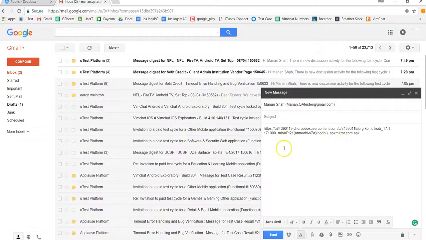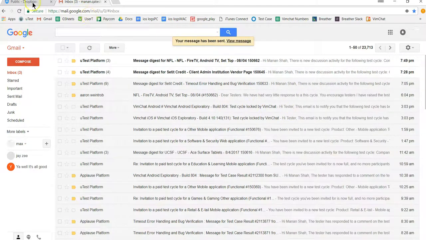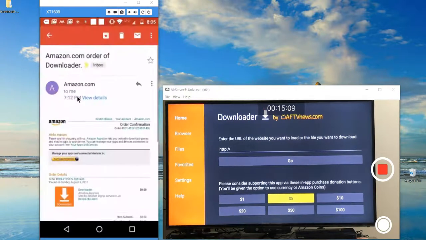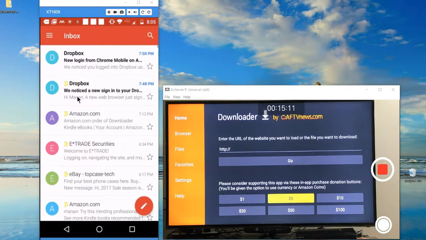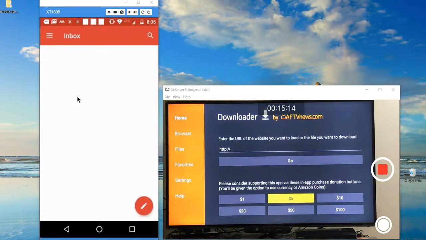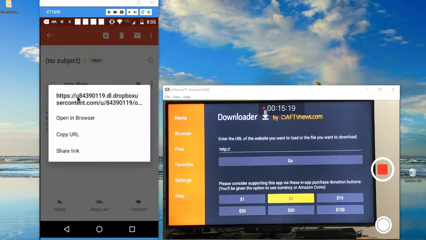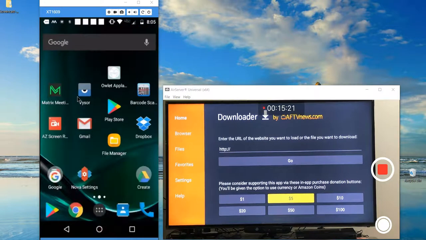Now you can imagine how hard it would be to type this whole link step by step. You probably will make a mistake, and then the URL will fail, and you'll have to restart typing again. So instead of doing that, I prefer doing the copy paste. Let me just minimize this real quick. Since I have that email set up on my phone itself, right here I come down and long click on it. I would say copy URL, and then